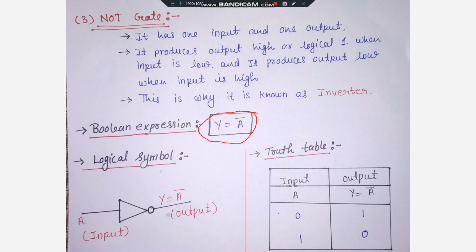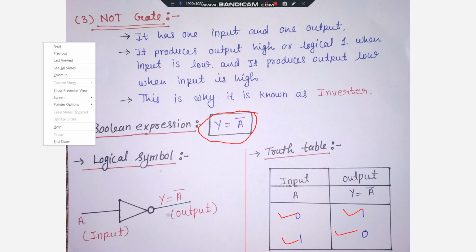So as I told you, if the input is 0, output we will get 1. If the input is 1, output we will get 0. That is exactly the inverted form. Okay, so I hope it is clear to you. So once again I'll repeat the things. In AND gate, if all the inputs are high, then output becomes high, and if any one of the inputs is low, then output of AND gate we will get low. Okay, in OR gate, if any one of the inputs is high or all the inputs are high, we'll get output high. Otherwise, we will get output low. In NOT gate, we will get the inverted form.